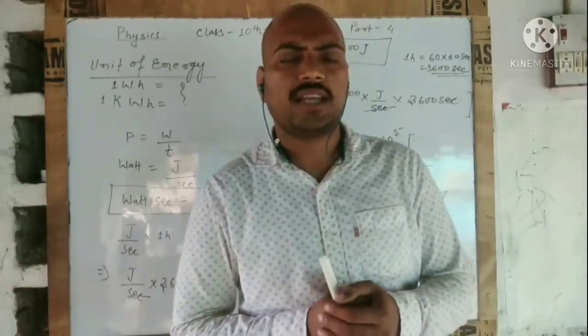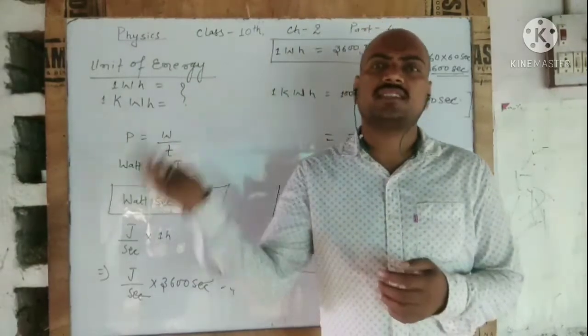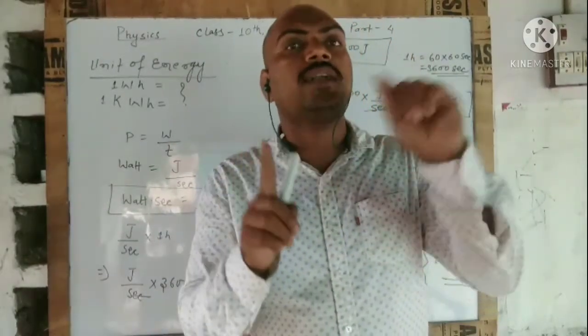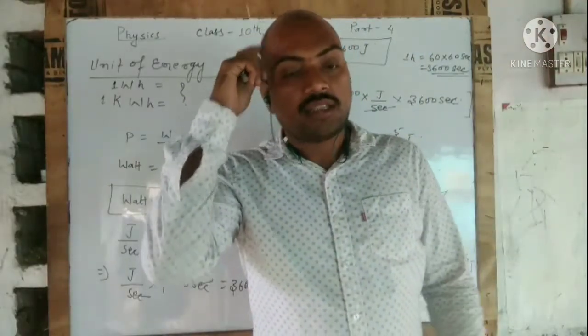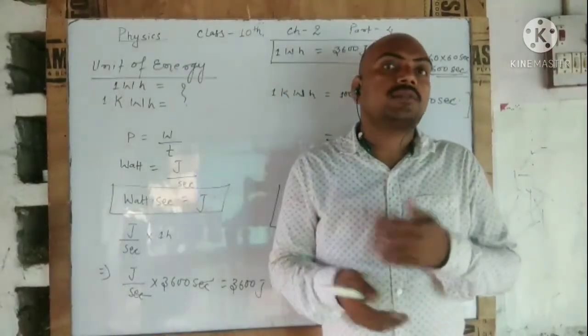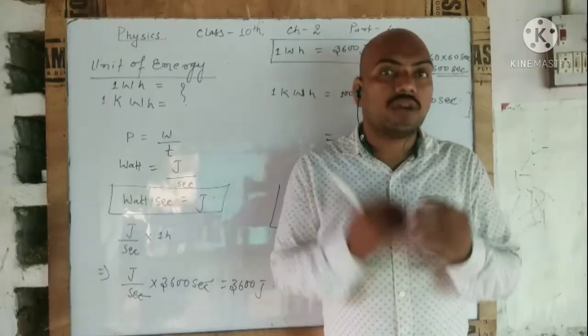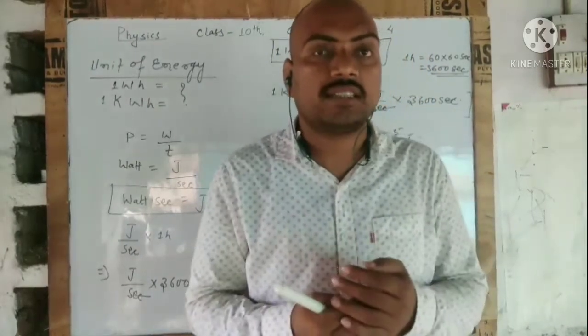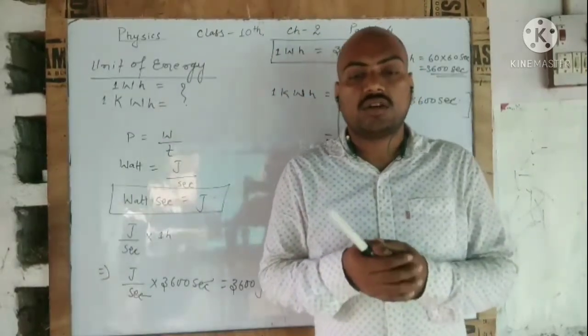You might also write it as 14.5 degrees Celsius to 15.5 degrees Celsius, a rise of 1 degree Celsius. The energy required to increase the temperature of 1 gram of any substance by 1 degree Celsius is called